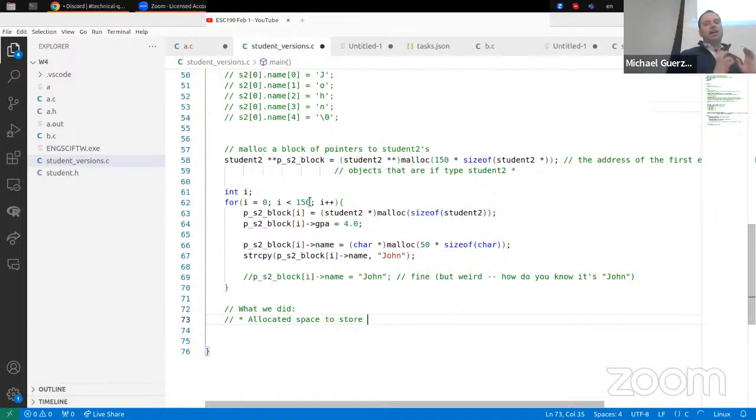So what we've done is we've allocated space to store students too. I'm restarting. At that point, we said